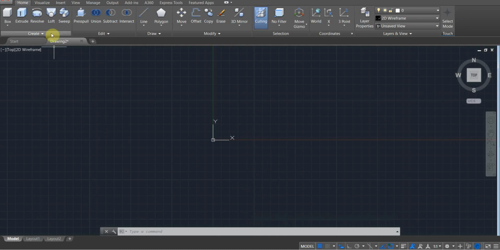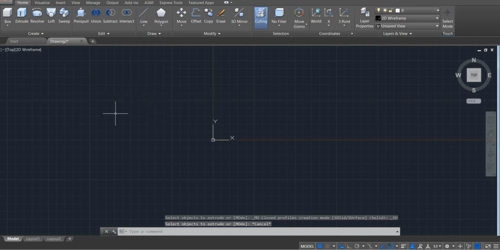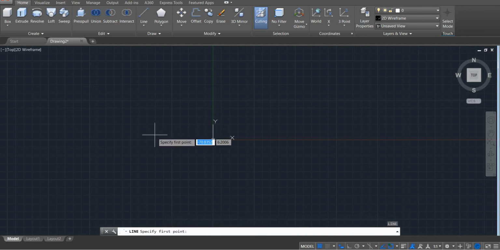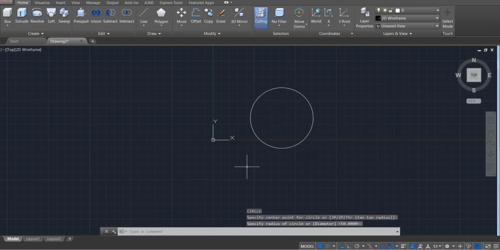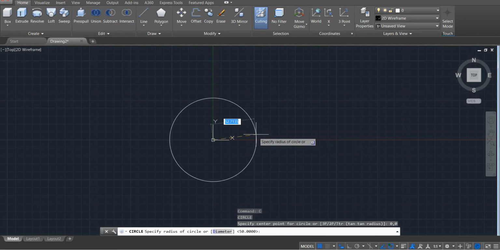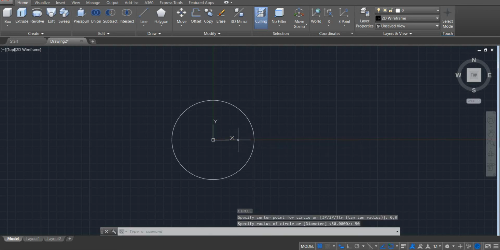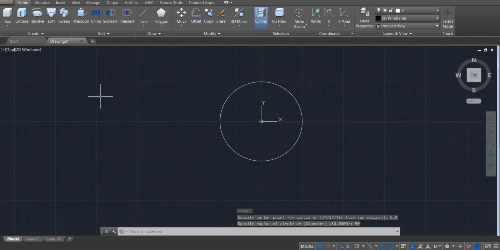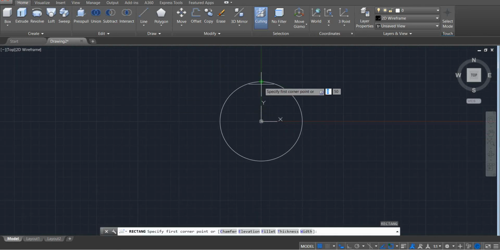For example, if the cylinder has a radius of 50 and the height is 100, and I ask you to draw the three projected views of the cylinder, in one view the cylinder will be seen as a circle with a radius of 50. This is one view. The other two views will be seen as rectangular shapes